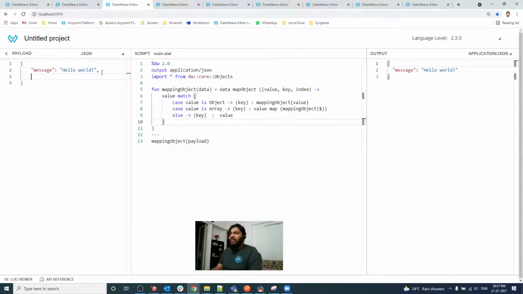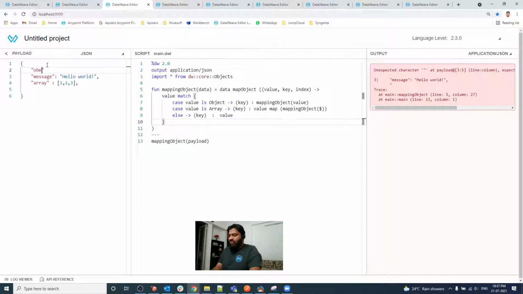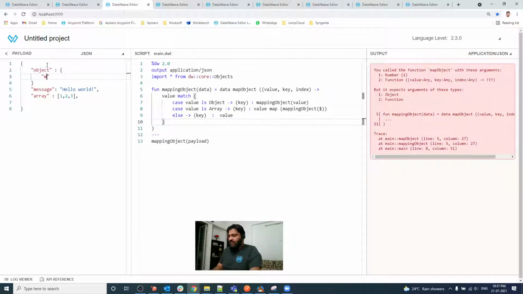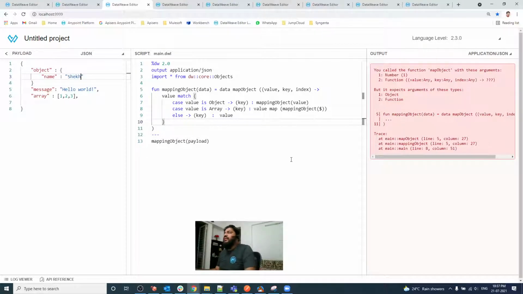Let me show you. For example, this will be an array, 1 comma 2 comma 3. And we can also get an object, name, message, comma, remove object number 1 comma.